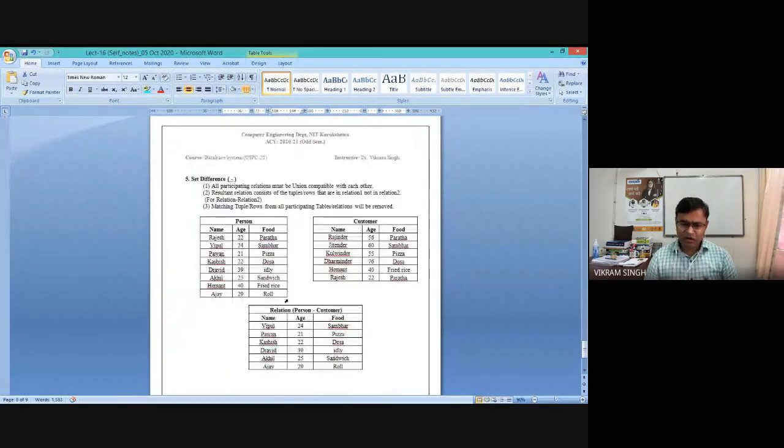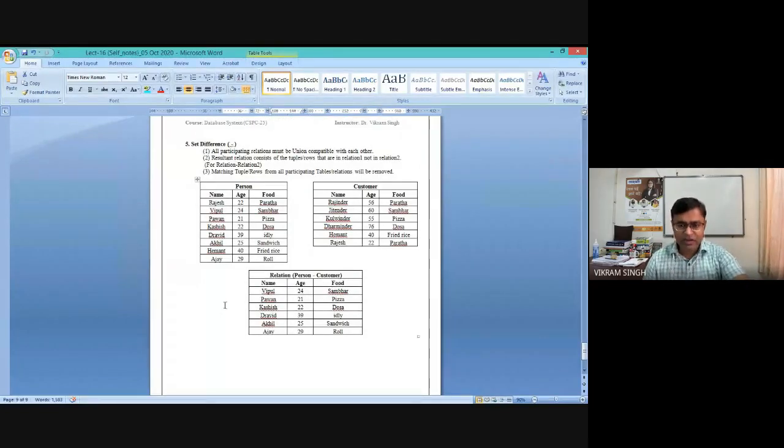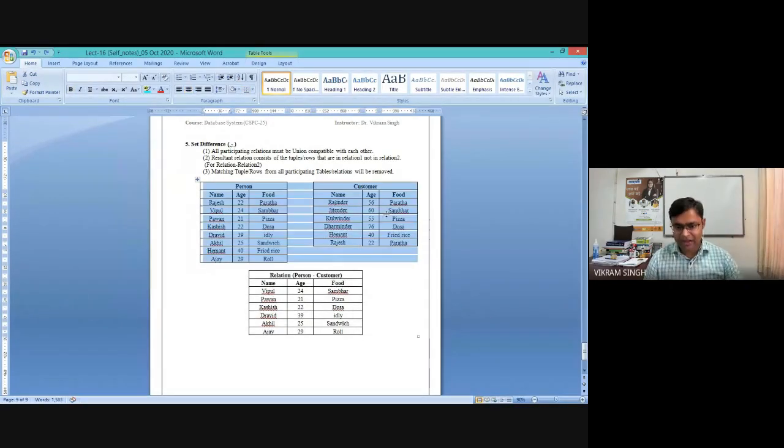ये चीजें बहुत obvious हैं, common sense है, because we have basically gone through these things in many ways, like 12th में पढ़ा होगा, 10th में पढ़ा होगा, ये वही concept है, but database में भी हम use करते हैं इसको. So set difference means the tuples which are available in the person table and customer tuples. If something is matching, those matching values will be removed, right? That is what set difference is.